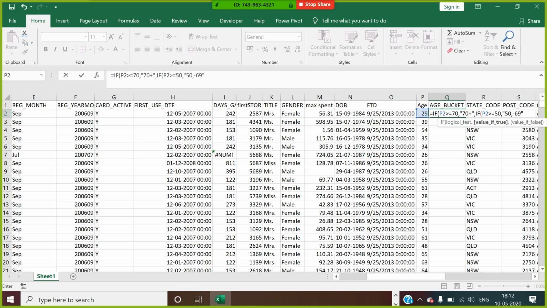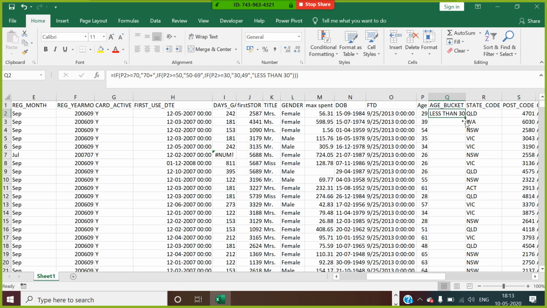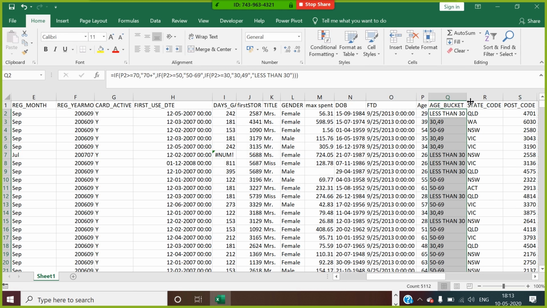If this is greater or equal to 30, I call this 30 to 49, else less than 30. I close the bracket here.